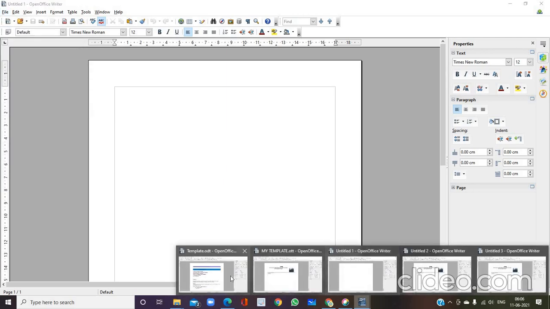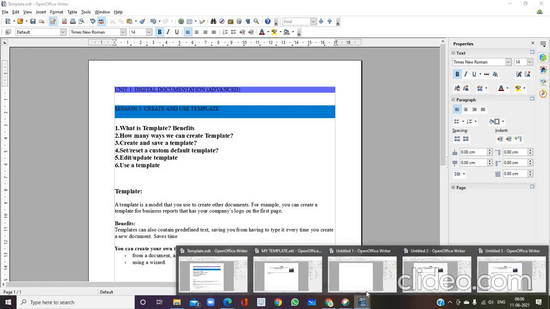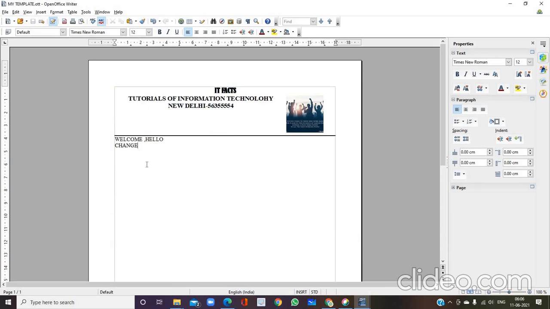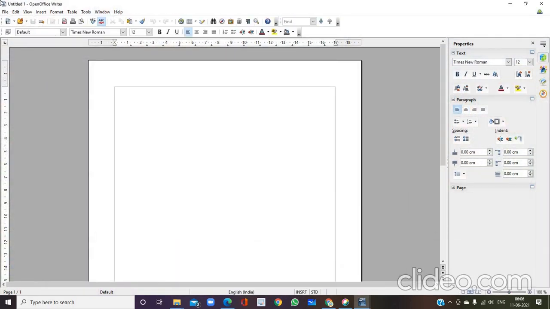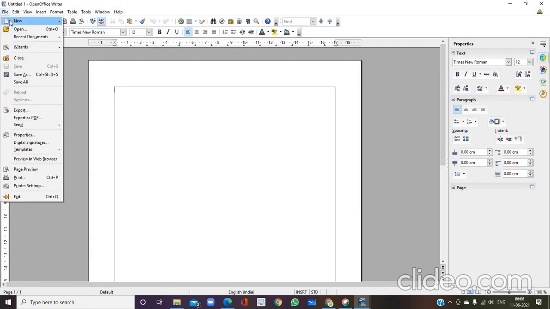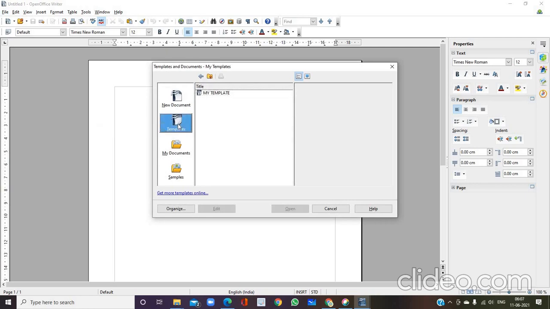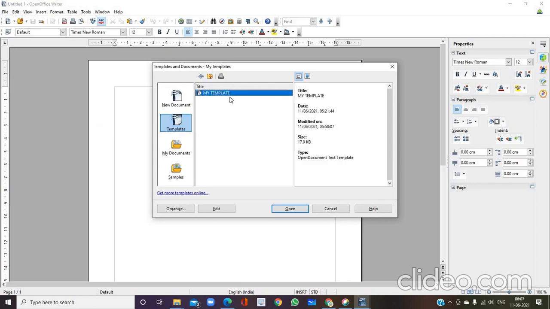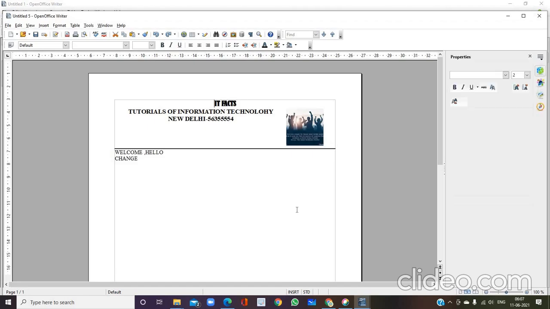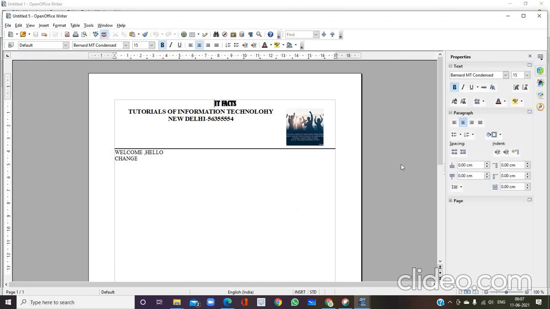Again, one more point I want to discuss with you is after creating a template. This is the template we have created now. After creating a template, whenever you want to use it, just take an empty document and bring the template format into it. How to bring it? Just File, New, Templates and Documents. Select the Templates option, select the name of the template here, and if you say Open, you can bring the template format to your empty document.